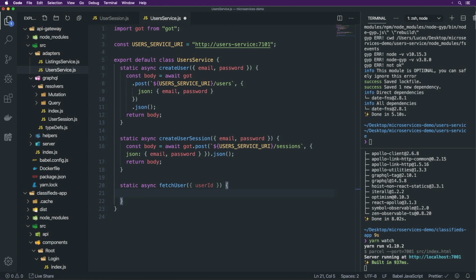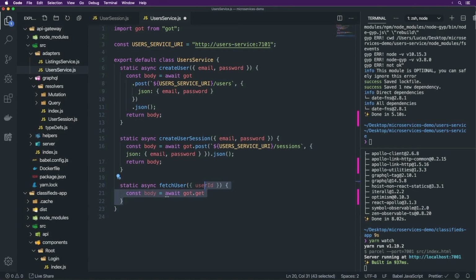And there's really no getting around that at this moment, is that we have these kinds of separate concerns. And because we want to keep them separate, some code we need to write many, many times and hook up many different things to get one thing working. So now here for fetch user, what we're going to do is const body is equal to await got.get,